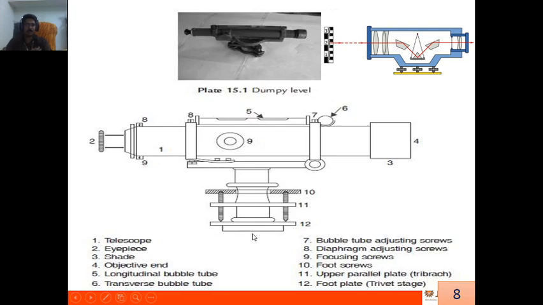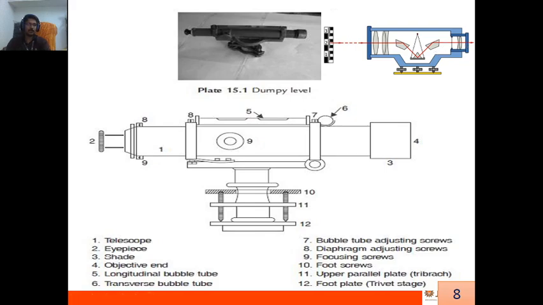Here there will be a small opening groove. Through that only I can hold my instrument over the tripod. And here is one more cross section showing how the telescope is built. This is the eyepiece end; I am looking at an object or leveling staff, and how the reading is seen: the ray of the leveling staff goes to the lens and gets refracted, and there will be a prism. From the prism, the same ray is reflected back to the lens again, and it will be seen by us,